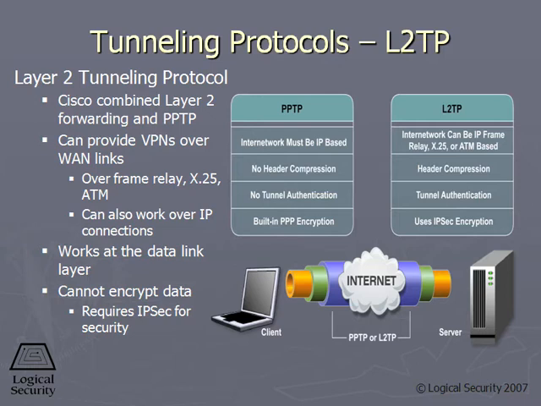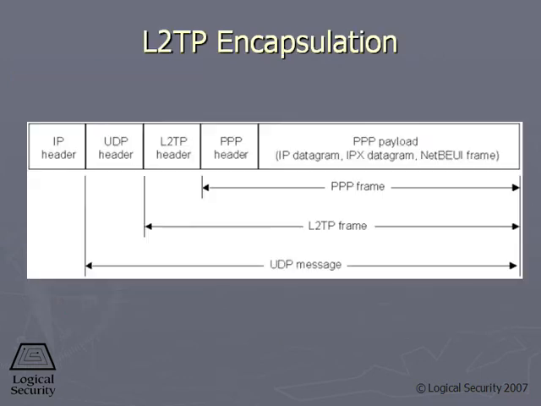Basically, L2TP can go across the network and extend the VPN, and then IPsec really plugs into it, and that's where using IPsec will allow you to do the authentication and the confidentiality and those types of things. So L2TP doesn't provide confidentiality or encryption. It has to work with IPsec to be able to do that.